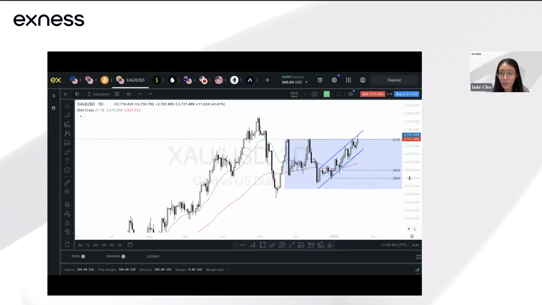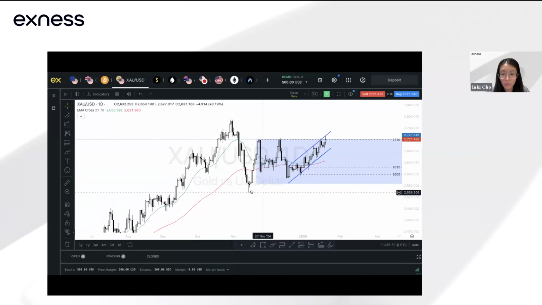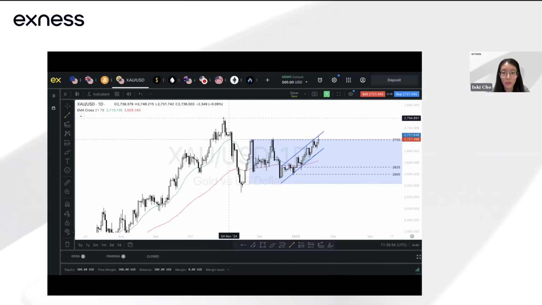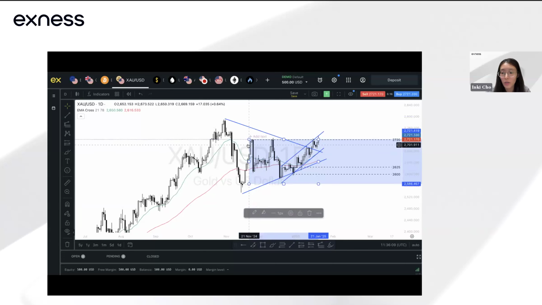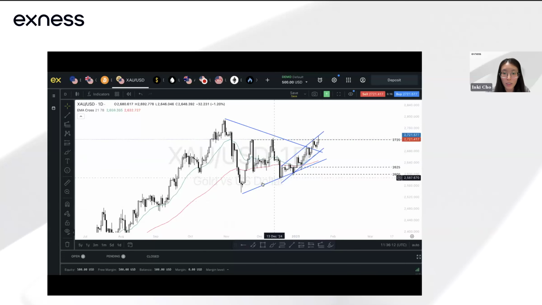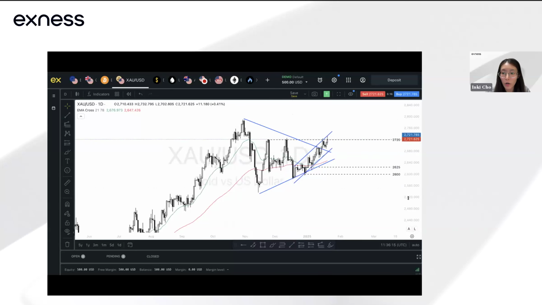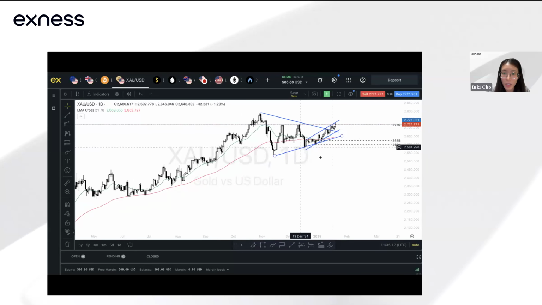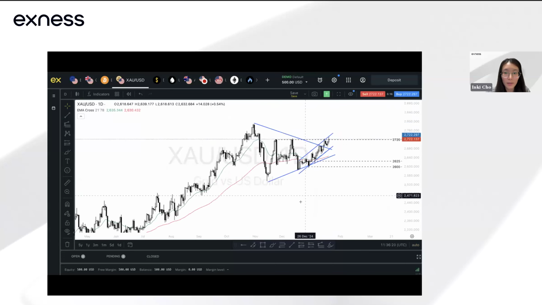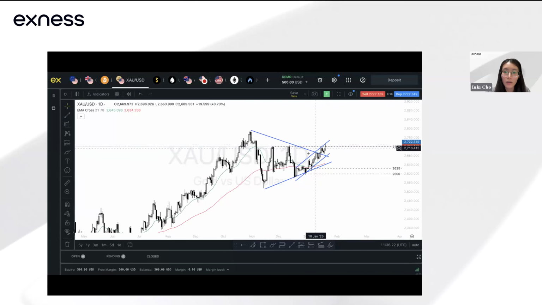And then we also have this region, this area here. Okay, so this is what I believe you mentioned, in terms of the pennant. You can see that price broke out of this. It's also an area of consolidation, so you can see a pennant. When price breaks out of it, this is usually a continuation pattern. Price has been on a strong uptrend and it consolidated, and we're seeing that break to the upside over here. So these are a few things to note in terms of what we observe on the charts.